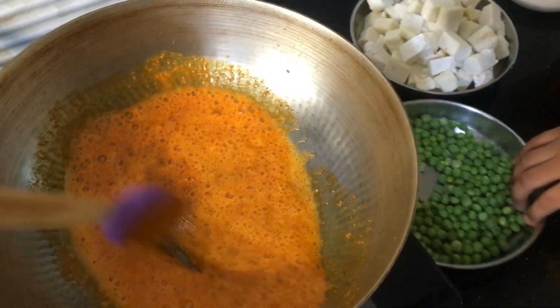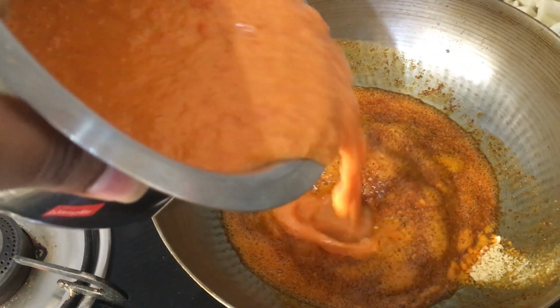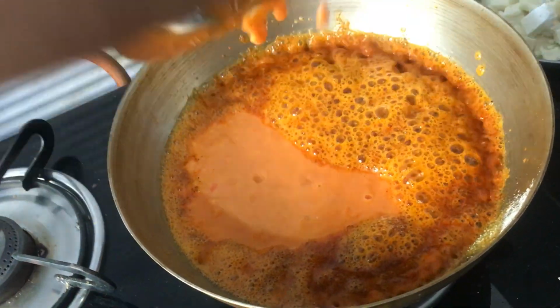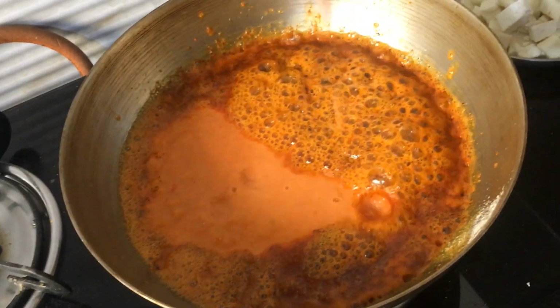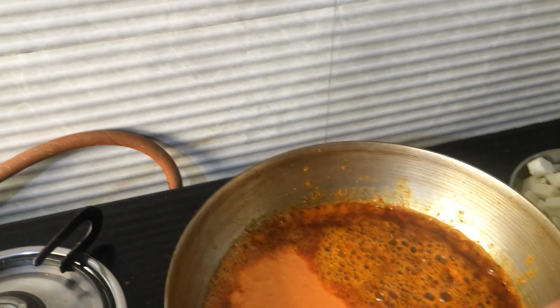Now it looks a little tasty to me already. Now guys, looks like the thing is cooked. So now we're gonna add all the paste on it, and you have to stir it for 5 or 6 minutes, and